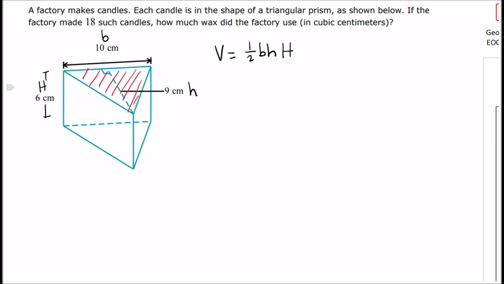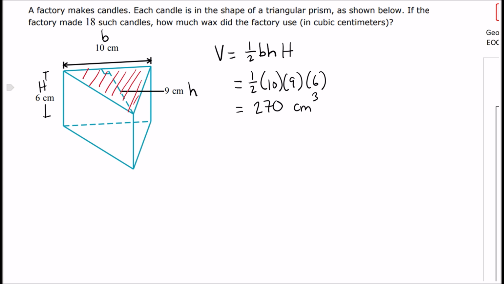Okay, so we're just gonna plug that in, and we get 1/2 times 10 centimeters times 9 centimeters times 6 centimeters. And by the way, the order doesn't really matter here in the order that you multiply them, but I just like to be consistent. This is little base, this is little height, this is capital height. So we got half of 10, so that's 5, 5 times 6 is 30, 30 times 9, so 270